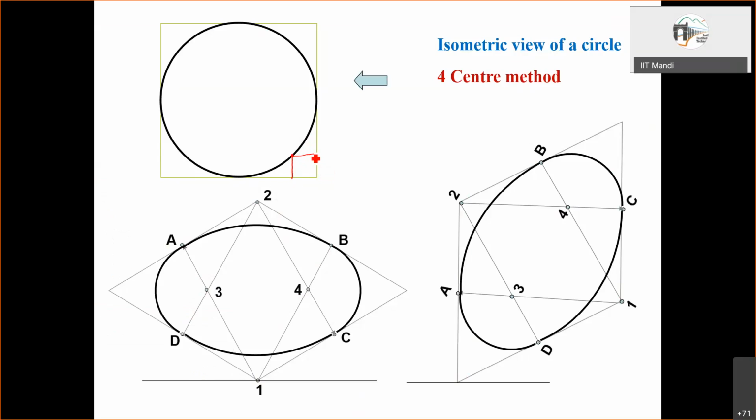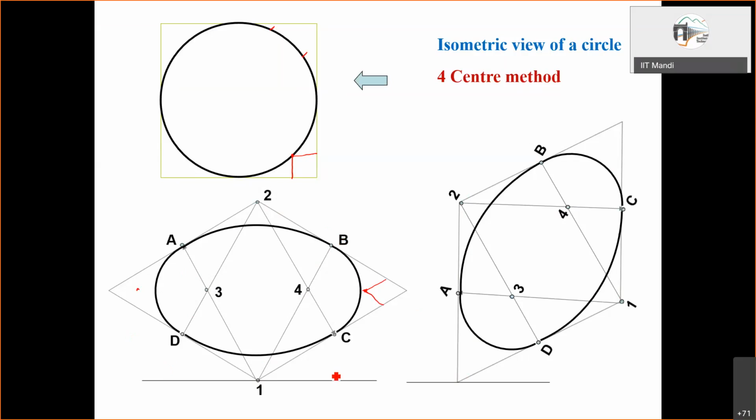So this point can be located with one parallel line, one parallel line. It will be located here. Same way here. So like this, we can locate so many points on the circumference, symmetrically distributed, locate them within this rhombus, and then draw a nice curve that will actually be more accurate as compared to this method.